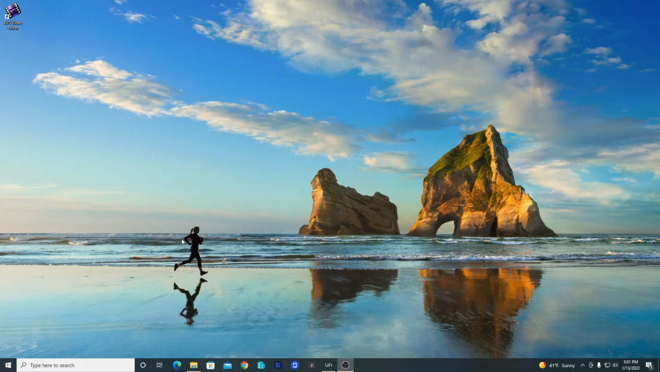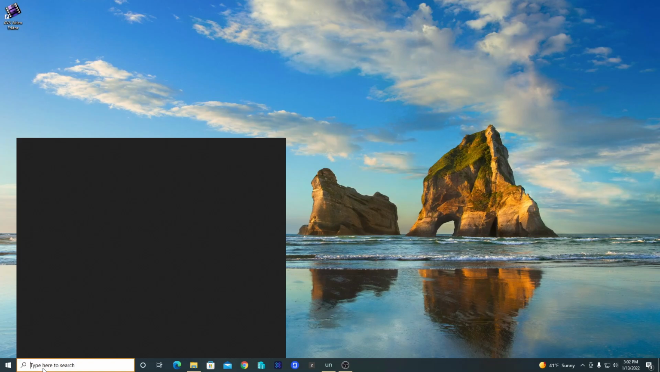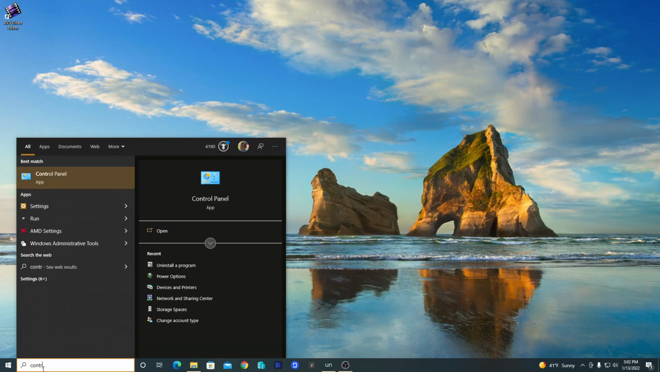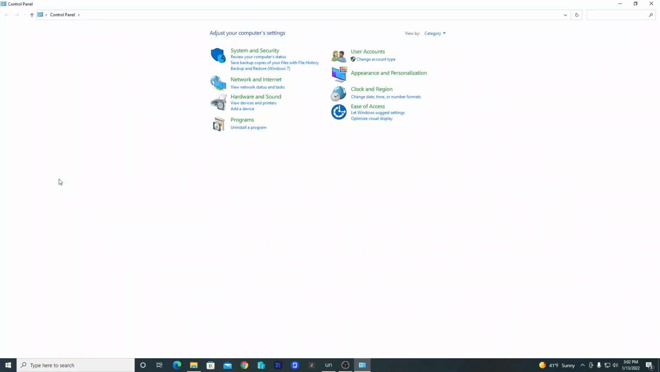Hi everyone, today I'm going to show you how to remove a software from your computer. We are going to use the control panel. To open the control panel, we just need to type control panel in the search bar, click on it, go to programs and install a program